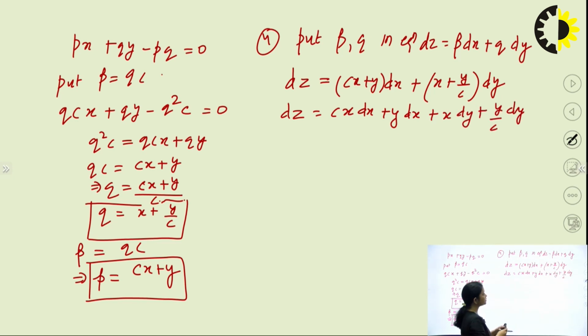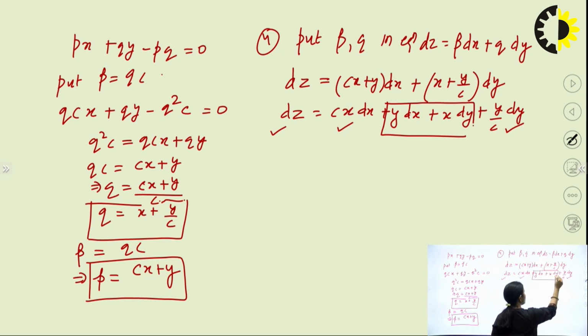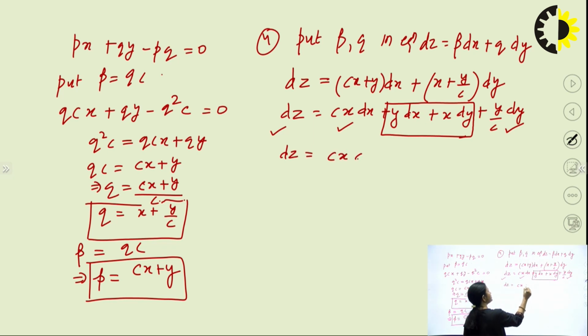Now see what happened? This term is in direct integrable form, this term is in direct integrable form, and this term is also in direct integrable form. But here the coefficient of dx is a function of y, and the coefficient of dy is a function of x. But if we make a pair of these two terms, then this pair can be written as plus derivative